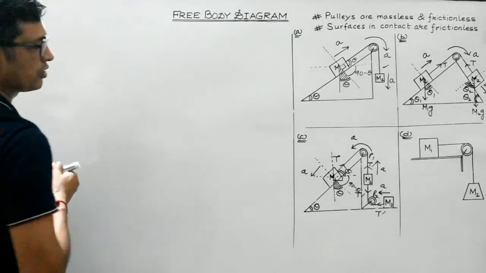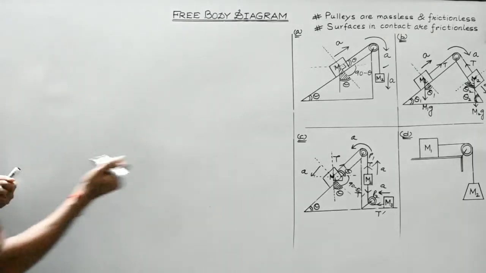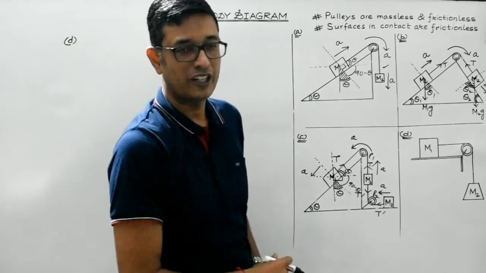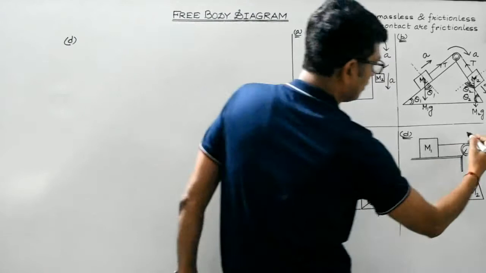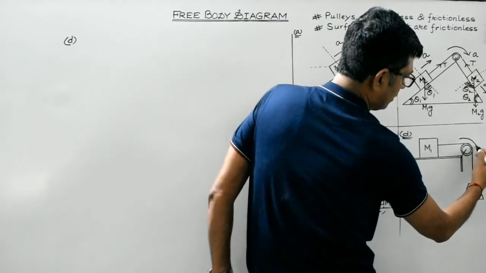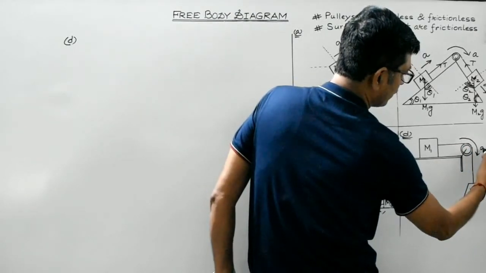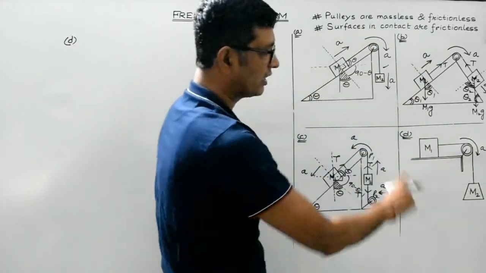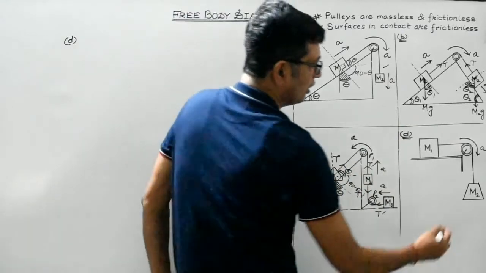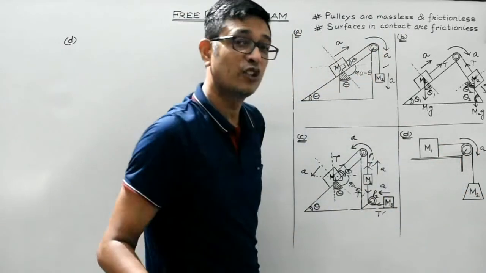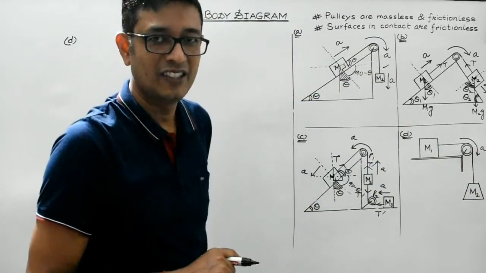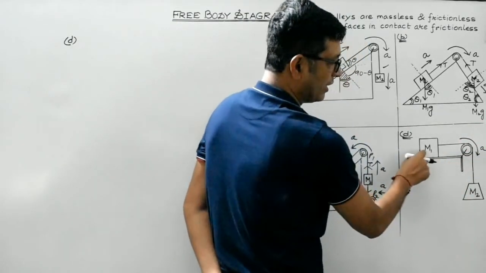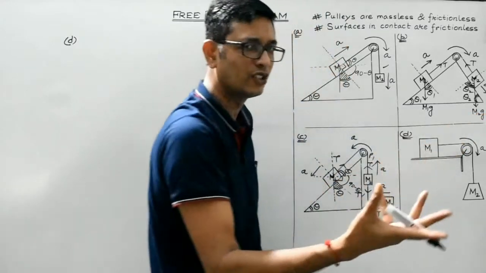Okay, now the last question is left, students. Question number D. Let's construct the equation after drawing the free body diagram. Suppose the direction of the acceleration is along this. So the system is moving like this. These are the two bodies which are connected with the help of that string. So as the string is considered to be inextensible and massless, therefore if the body m2 goes down by 1 meter, the body m1 will move towards the right through a distance of 1 meter.